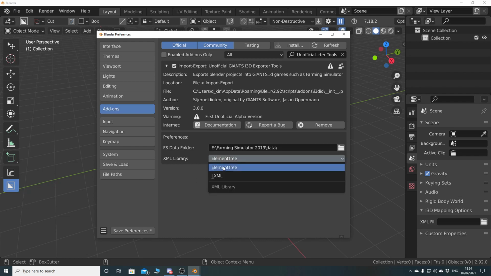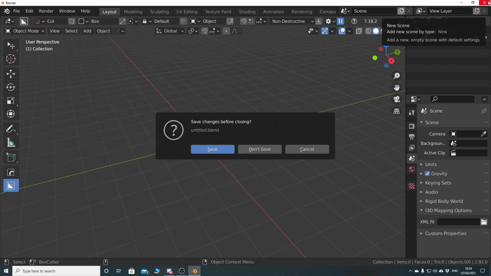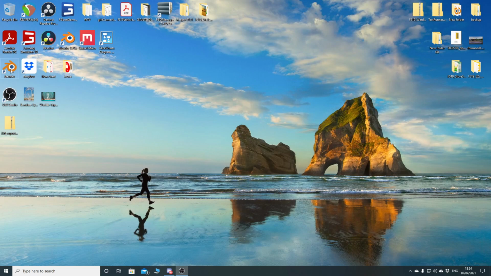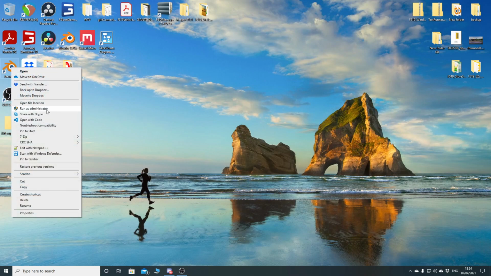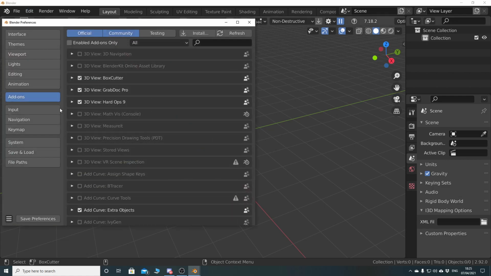To get that, what you need to do is, once you've got this far and you've saved everything and you've saved your preferences, it's all up and running, you need to close down Blender, don't save it. Then you need to go to your shortcut, wherever that might be, right click on it and run it as an administrator. And click yes here, you want to run it as administrator. Now this has given the add-on administrative privileges. It will then automatically